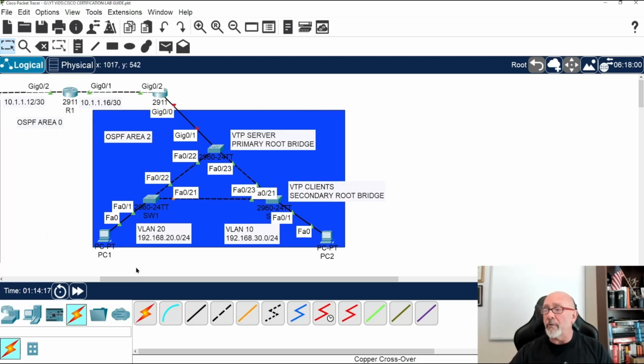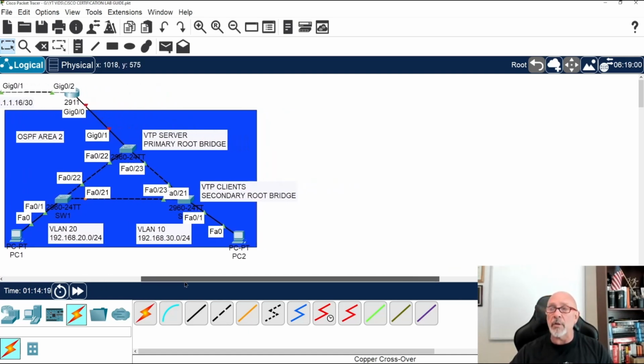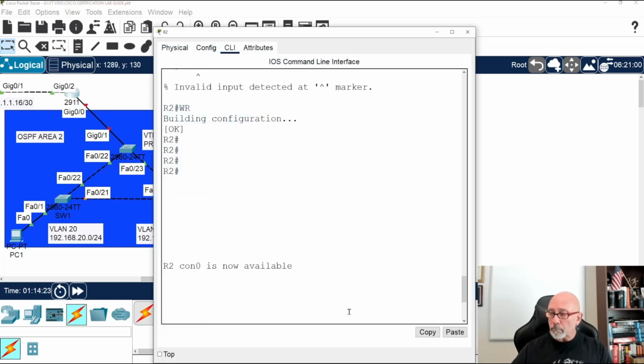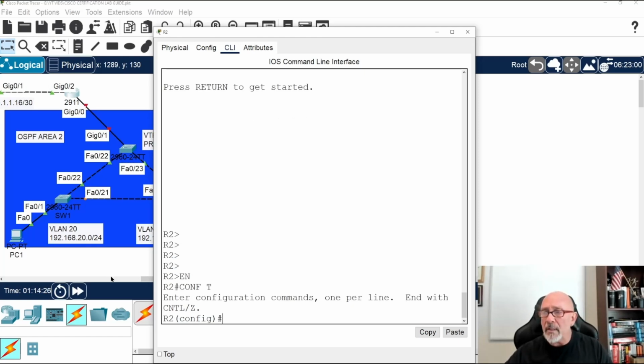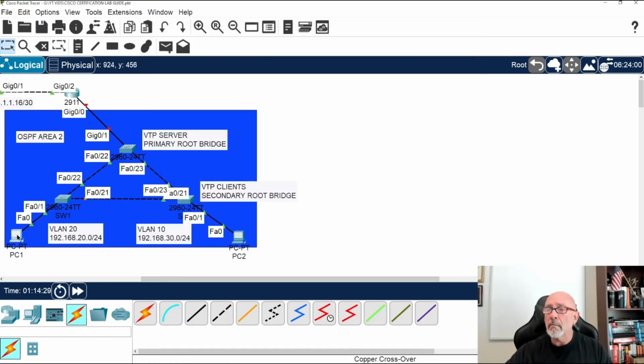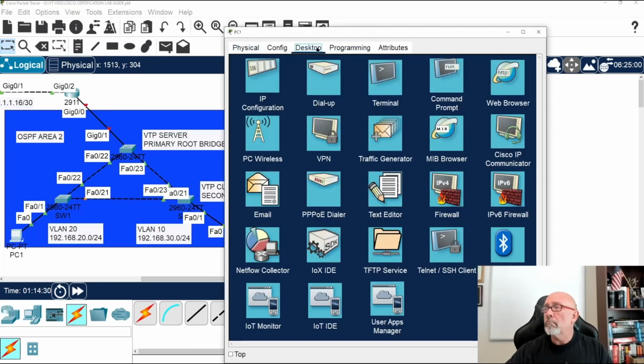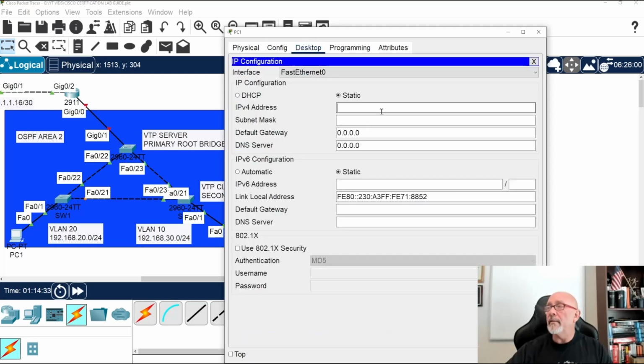We need to create sub-interfaces because you can't do the encapsulation on the actual physical interface. So we come here. Enable, conf t. Did I put the IP addresses on the computers? No, I didn't. It's something I always do first, but I forgot. I'm in a hurry. 192.168.20.1 and gateway 20.254.